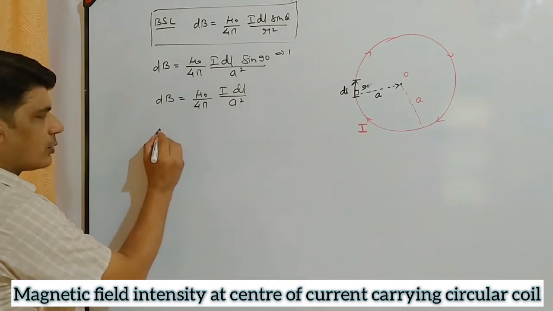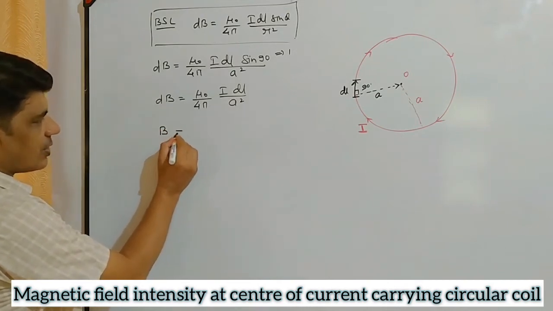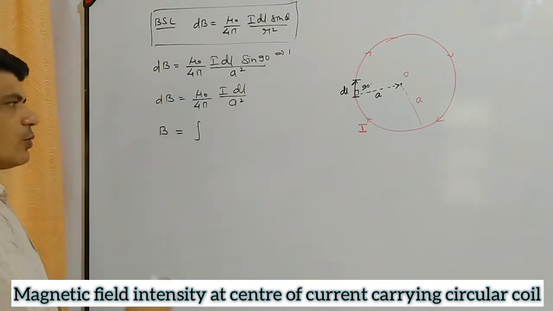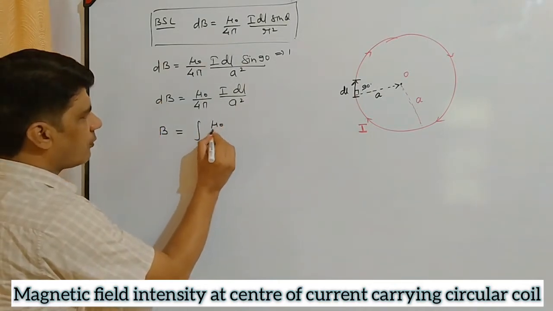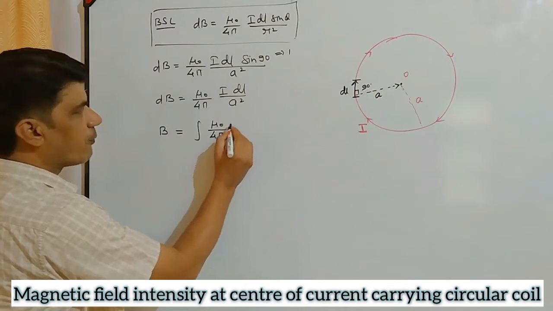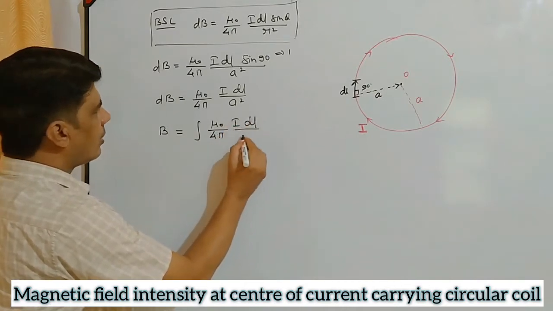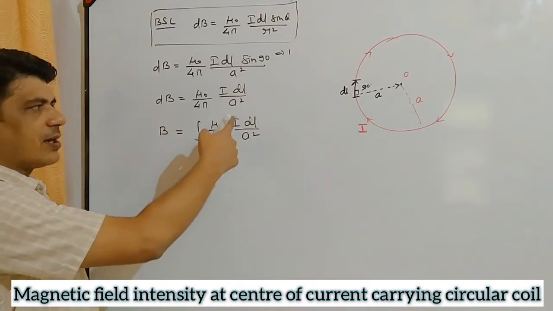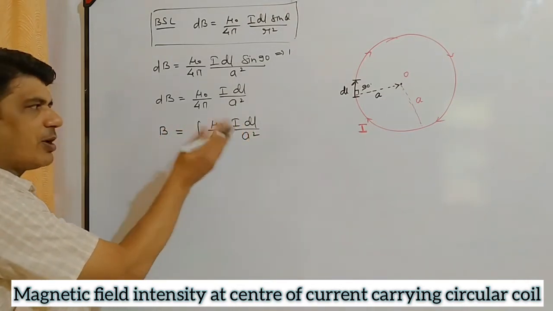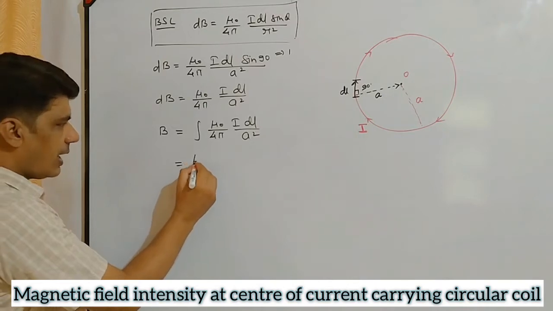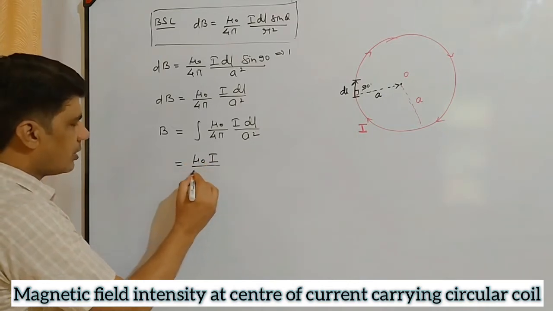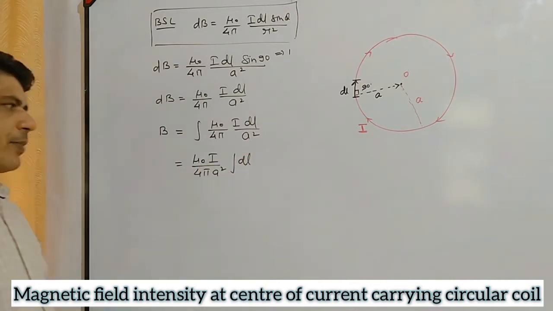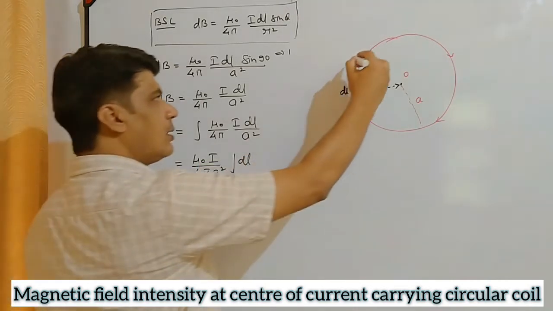In order to find the total magnetic field intensity, we have to take integration on both sides. Integration of dB is equal to B, and integration of this part can be written as mu naught upon 4 pi I dl upon a square. Okay, inside this integration sign, whatever constant values are there, they can be taken out from the integration sign, and within integration we have only dl,